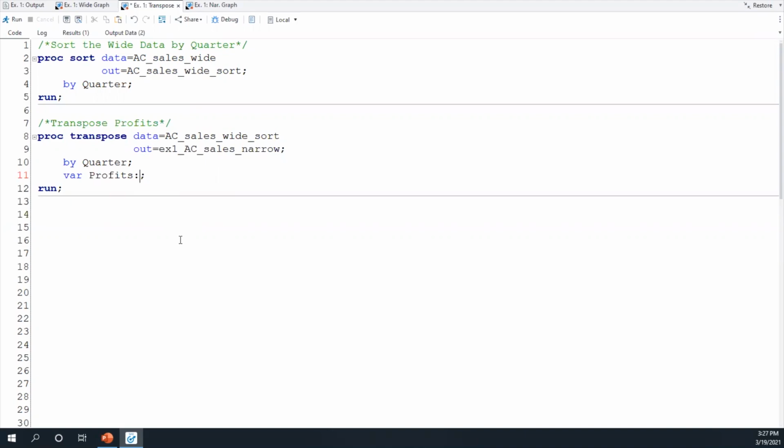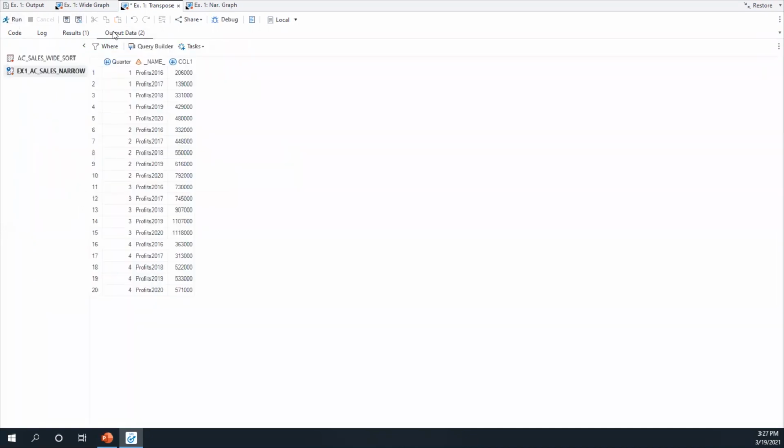Now, I prefer the name prefix list in this case because it saves me a little bit of typing. So I'm going to stick with that from now on. So let's go back and rerun our program and take a look at the output. And we can see the table is now structured perfectly.